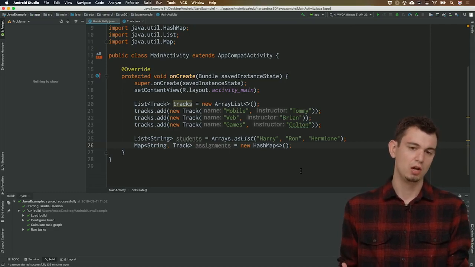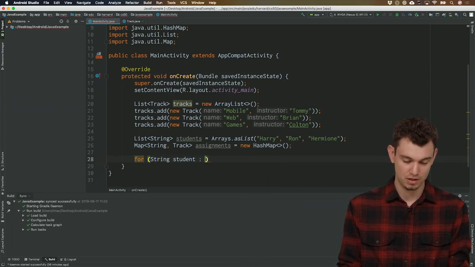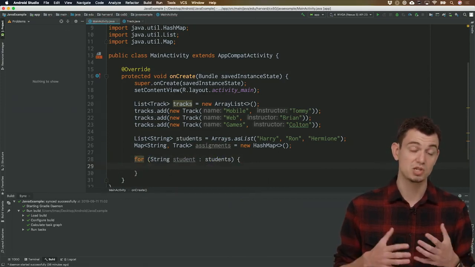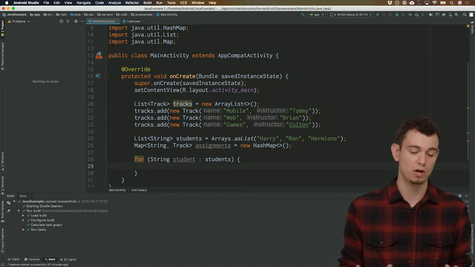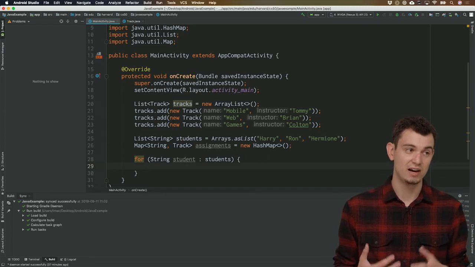To do that, we're almost surely going to need to iterate through all of the students. So let's use a for loop for that and say for String student in students. Now that's just going to walk through that list one by one. And what I want to do with each student is figure out how to get a